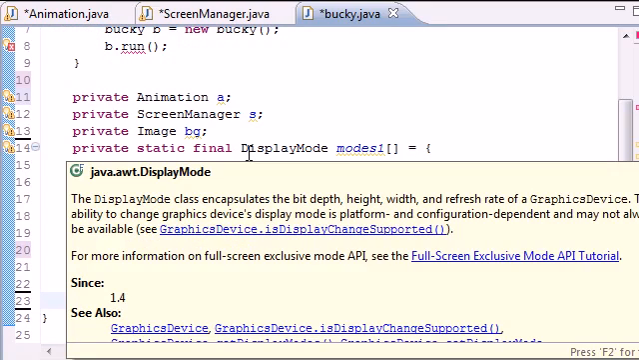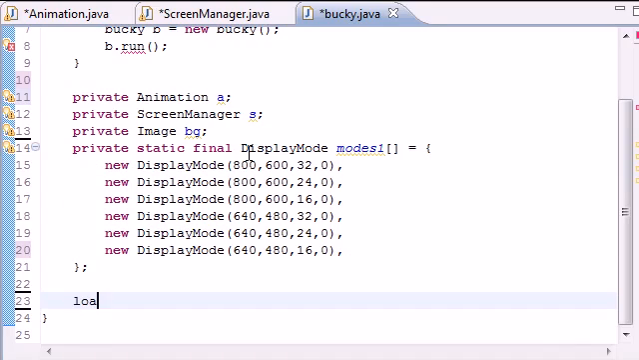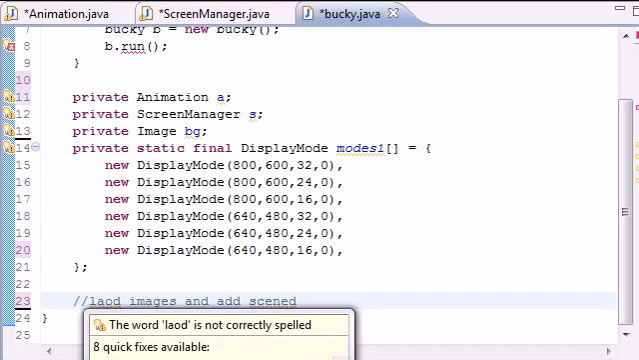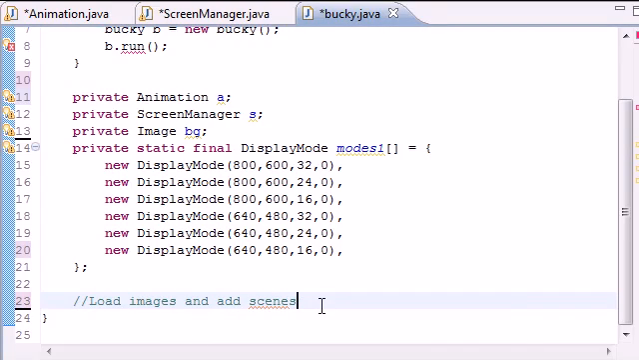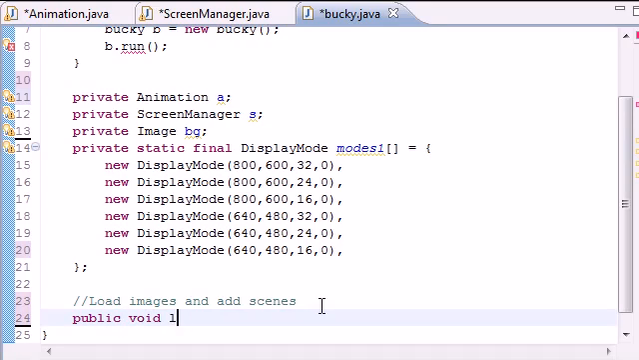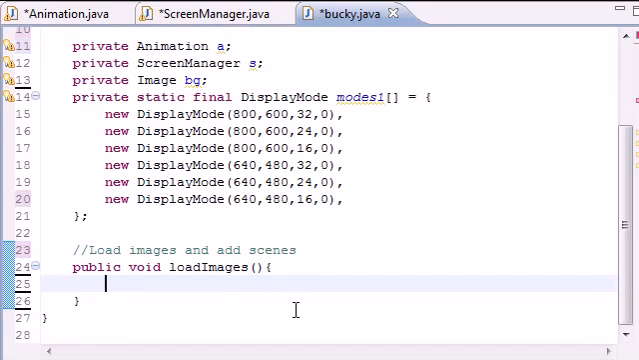And the first thing we want to do is build a method that loads images and adds scenes to our movie. So load images and add scenes. And oh, I only spelled 2 things wrong, not bad. Load and scenes, just like that. So we'll go public void load images, not going to take any parameters,